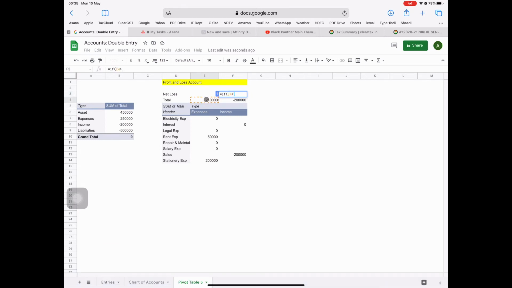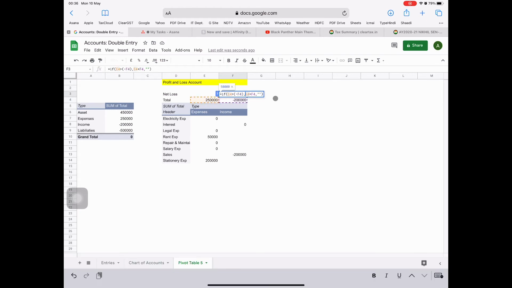Okay, so you can see the total of expenses is 2,50,000. Okay, I just made a mistake. Now here is the correction, and the total of all income is 2 lakhs with a balance of 50,000. So 50,000 is the loss here.